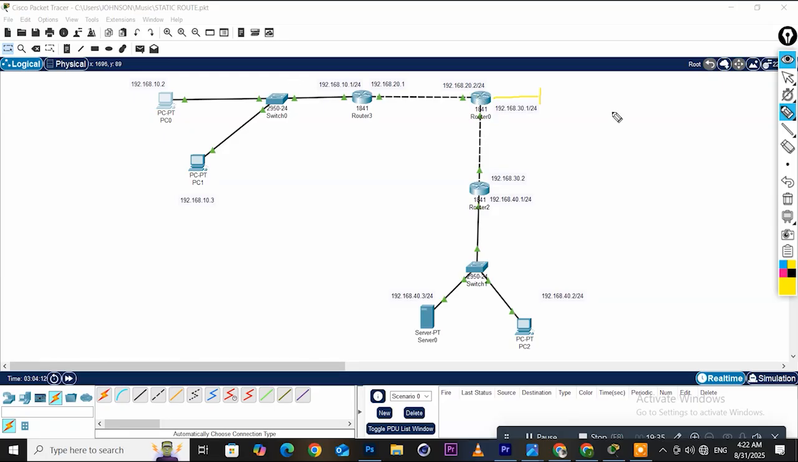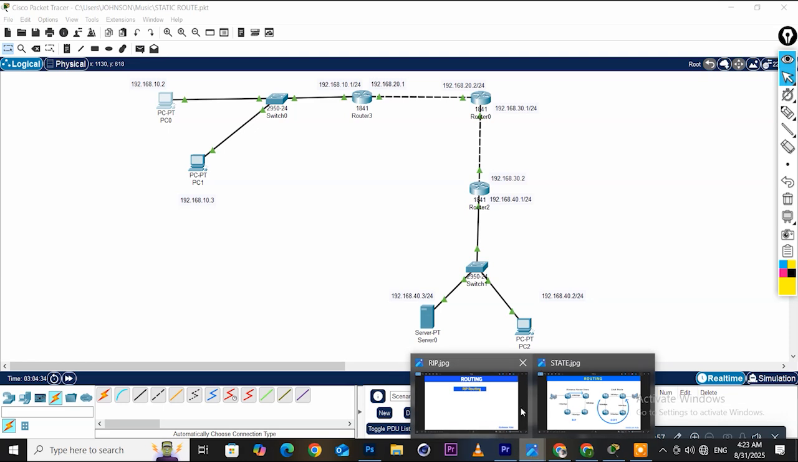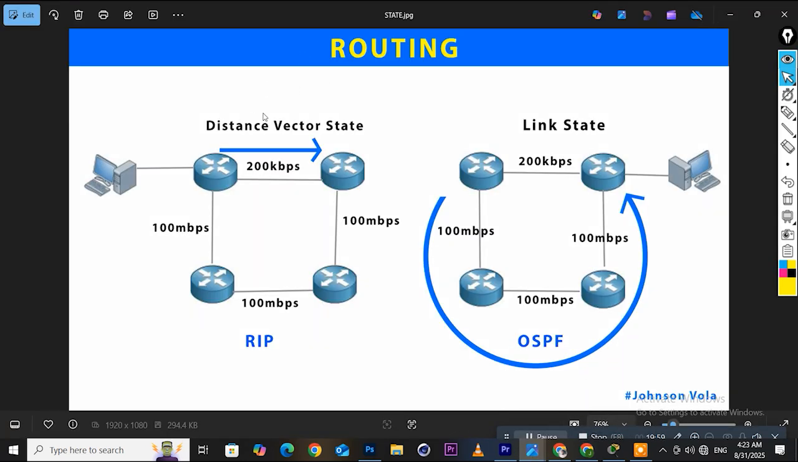Then we also have the issue of distance vector. Remember, we said that routing protocols have 2 different states: the distance vector state and the link state. I think I have a diagram of it here. Voila. So routing protocols have what is known as distance vector state, and you also have what is known as